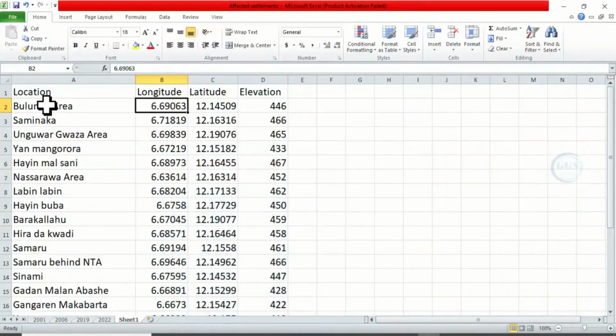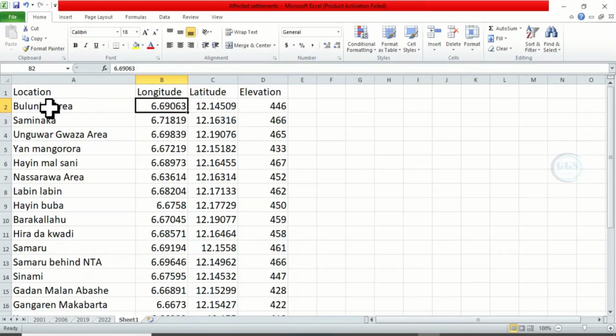So in Excel, I have this data. I have location names. I have the longitude and the latitude with the elevation. So if I want to arrange it alphabetically, for example, I want to arrange with this location name. What is the best way to do it? And it must be arranged in such a way that this longitude and latitude with elevation is not distorted. So the best way to do it is what I want to show you. However, I will show you the wrong way some people used to do it, which results in data